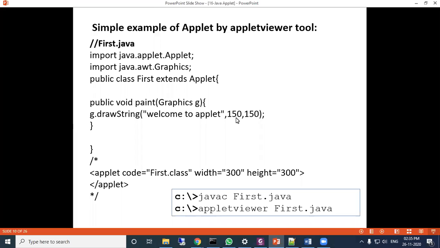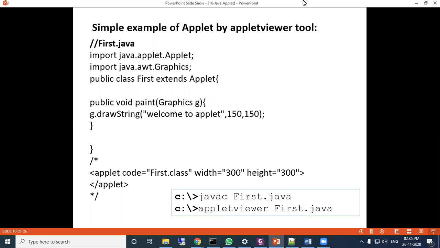Okay, in the previous class we started this topic, Java applets. Java applets are mainly required for Java applications which will be executed in web browsers or web pages, in the GUI screen.